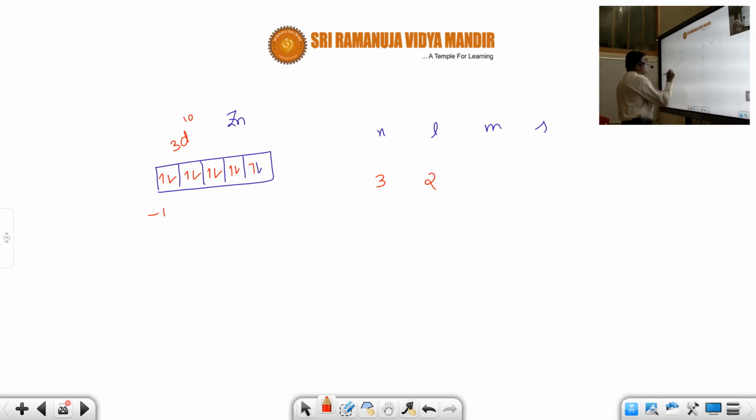Now minus 1, minus 2, because the magnetic quantum number takes values from minus l to plus l. But the l value is how much here? The l value will be 2. So minus 2, minus 1, 0, plus 1, plus 2. So here the last electron is in plus 2. I hope you understood. It is down, that is minus half. So you write properly. These are the quantum numbers assigned for zinc.